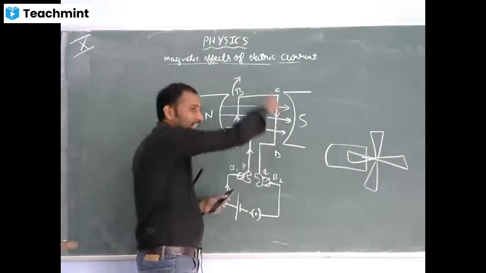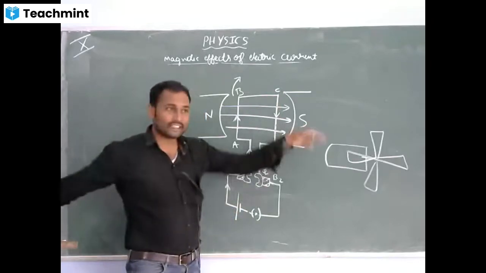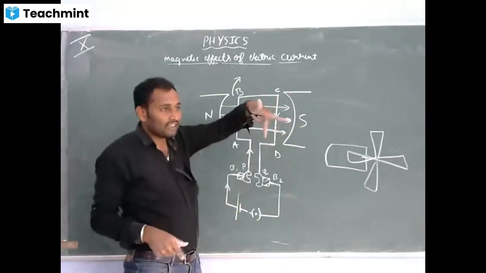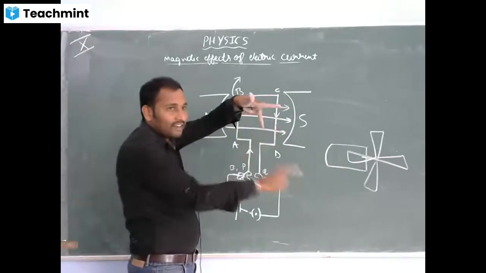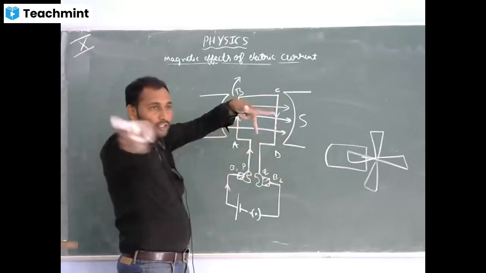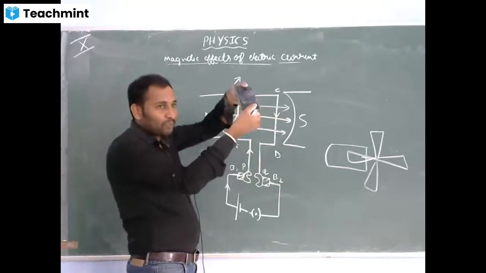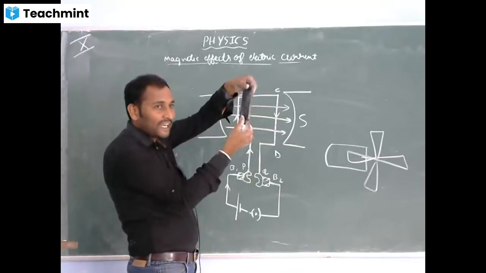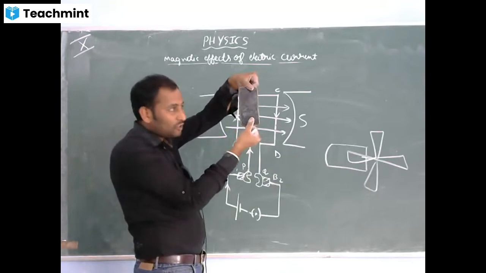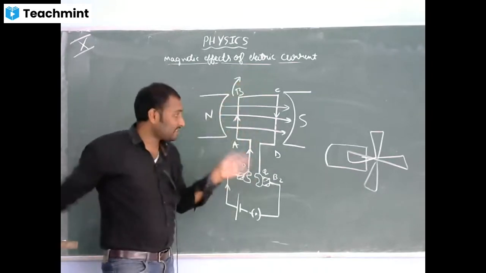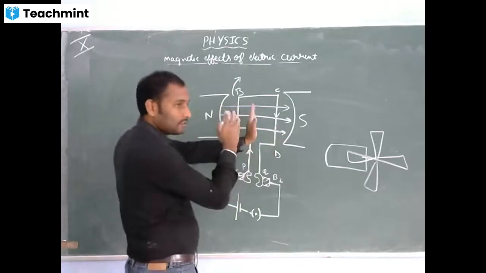Okay. Now come to the other side. Current is from C to D, so the direction of current is down. The magnetic field is in the same direction, so this will move towards you. So AB is moving down and CD is moving up. First off, it is rotating like this, so the coil will start rotating like this.